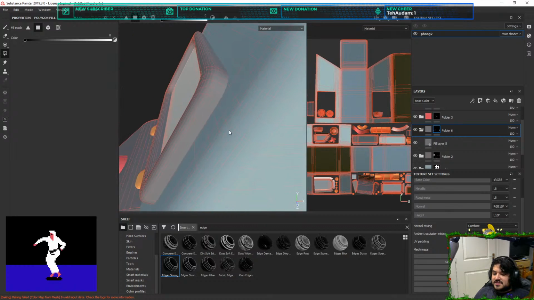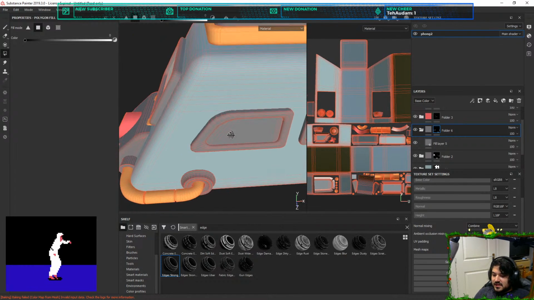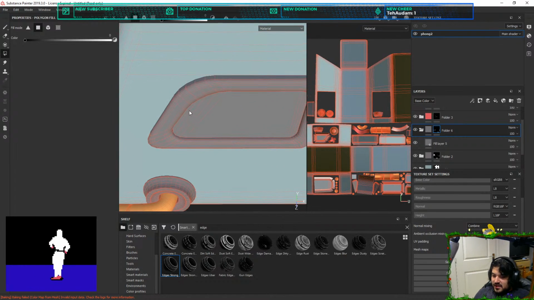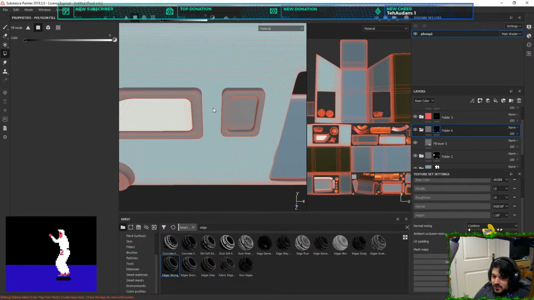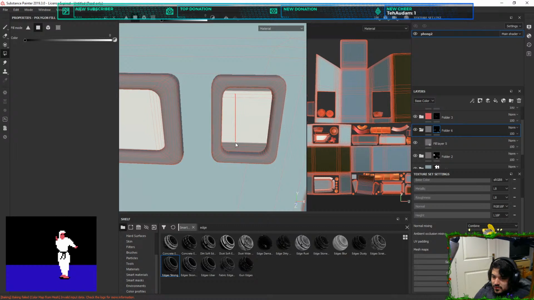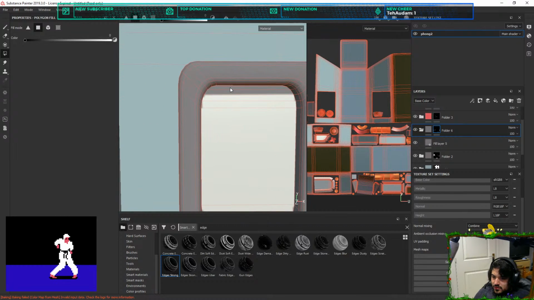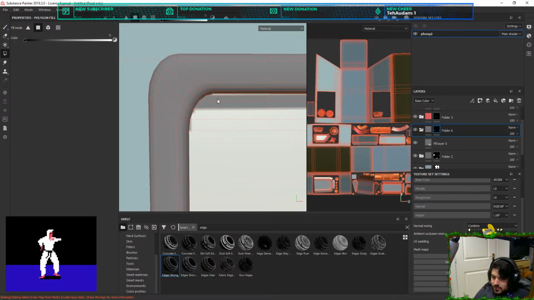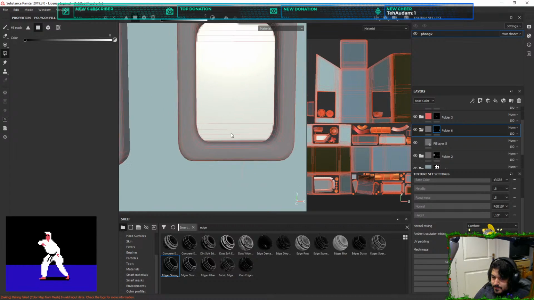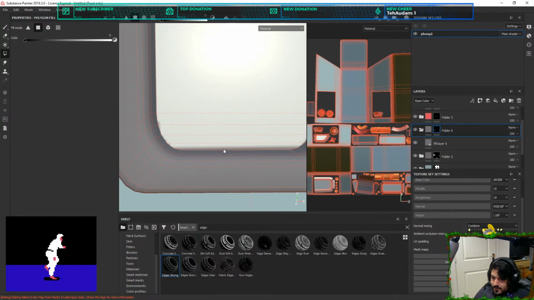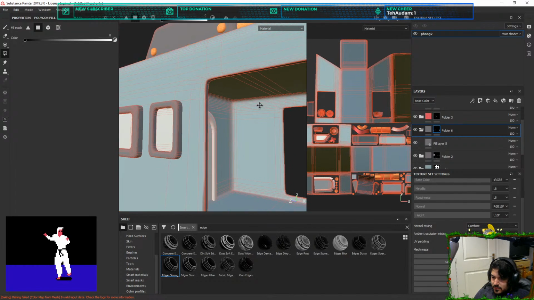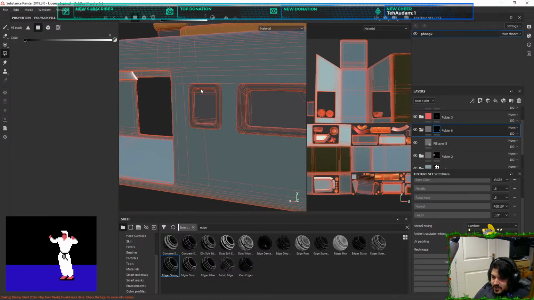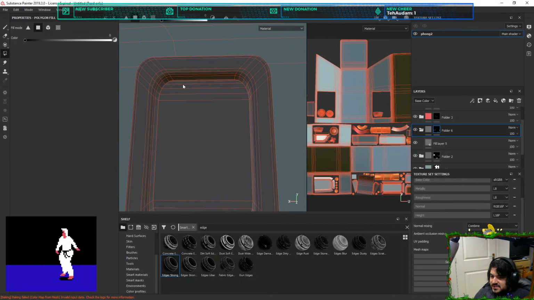Yeah, I will probably set this to 4K as well. But if I stay on an incline, this should be fine. I won't split the windows. Oh yeah, there's so many doors I need to select.